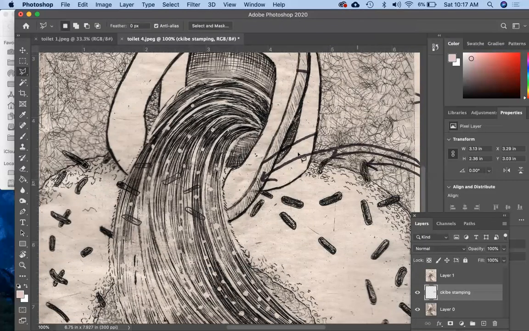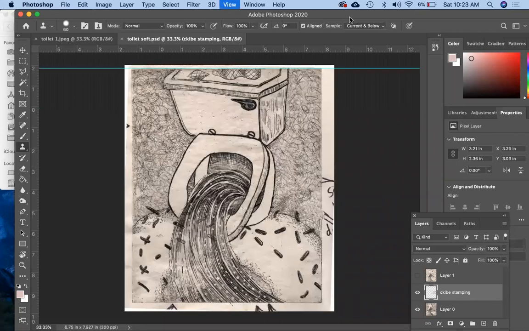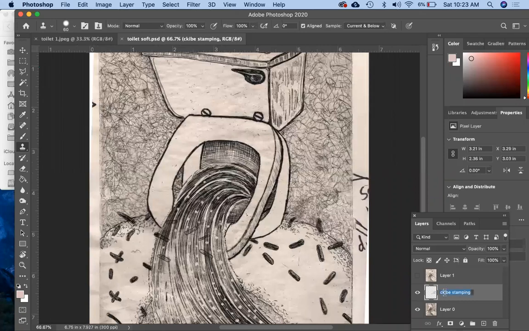so almost done. So what I'm going to do is go to more. I'm going to pause the recording for just a moment while I do this editing, and then I'll start the recording again. Okay, we're back. I finished editing the clone stamping, and zooming in, I'm going to fix this here. All right,